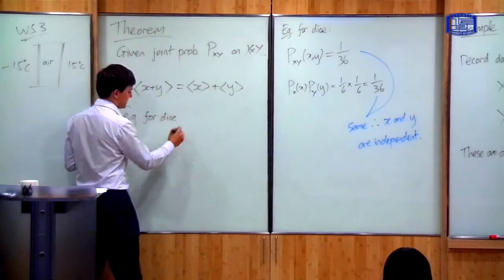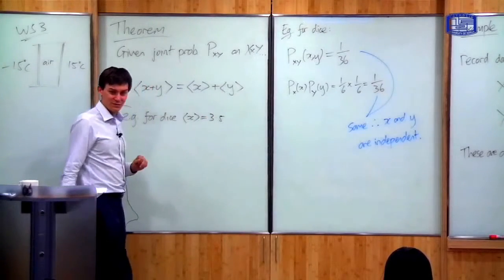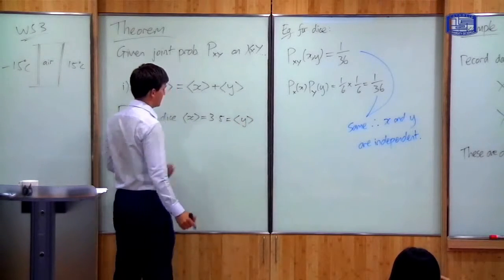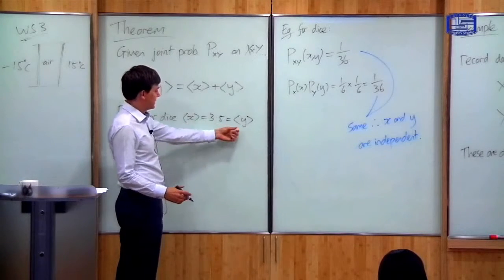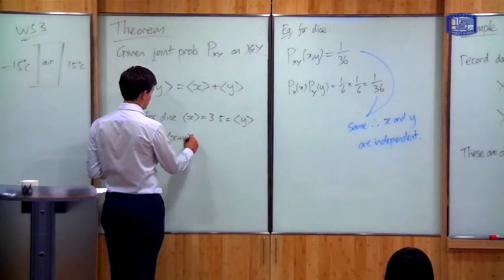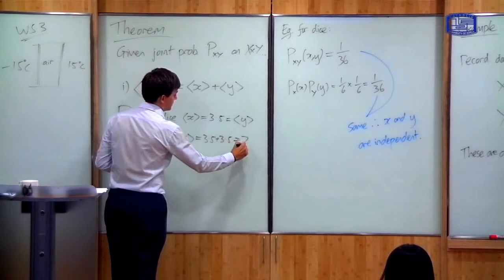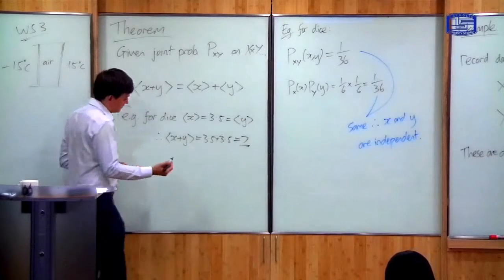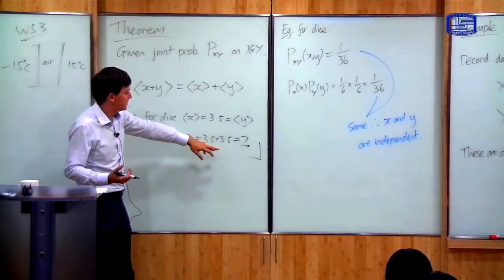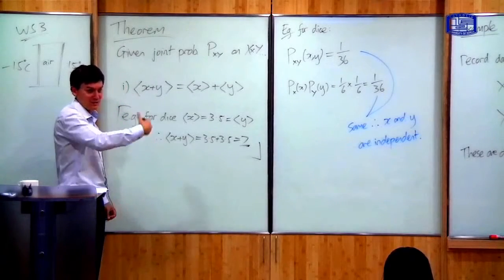If I do my simple dice example again, the average value when you roll a 6-sided dice is 3.5, because the answer is between 1 and 6. And both dice are the same, so the average value of the first dice and the second dice is both 3.5, and therefore the average value of the total when you roll 2 dice is equal to 3.5 plus 3.5, which is equal to 7. So all it's saying is if you roll 1 dice, the average is 3.5. If you roll 2 dice, the average is 7. If I roll 4 dice, the average is 14. So I can keep just adding them up.